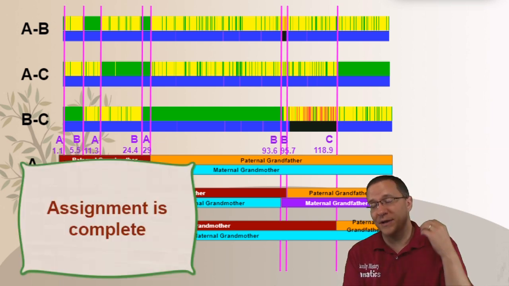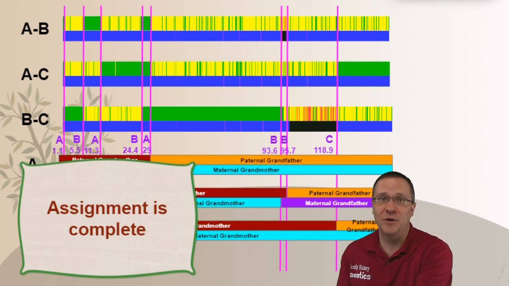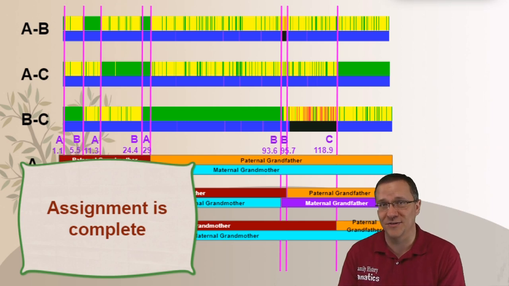But at this point, our assignment of chromosome segments is complete. And you may think that you're done right now, but if you do, then you're going to be missing the last step. So stay tuned for the 4th video in the series. So that is how we can assign those segments on our chromosome, but also how we can fill in some of those blank spaces that we have left over from creating those segments.